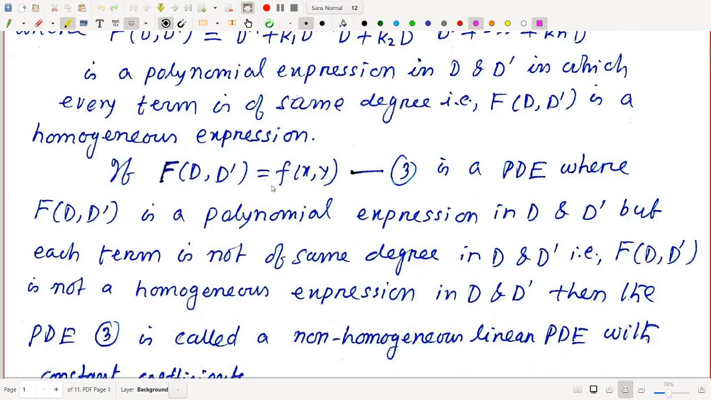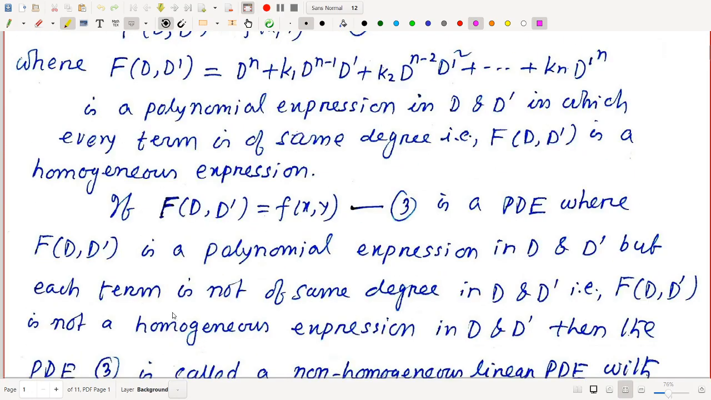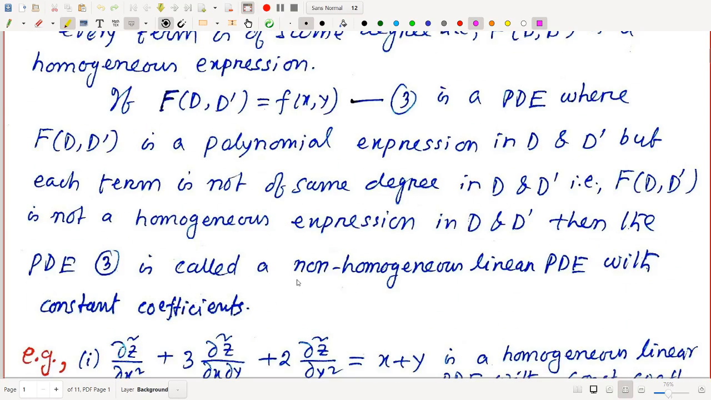If F of D, D' z is equal to small f of x, y, number 3, is a PDE where F of D, D' is a polynomial expression in D and D', but each term in it is not of the same degree in D and D', that is F of D, D' is not a homogeneous expression in D and D', then the PDE number 3 is called a non-homogeneous linear PDE with